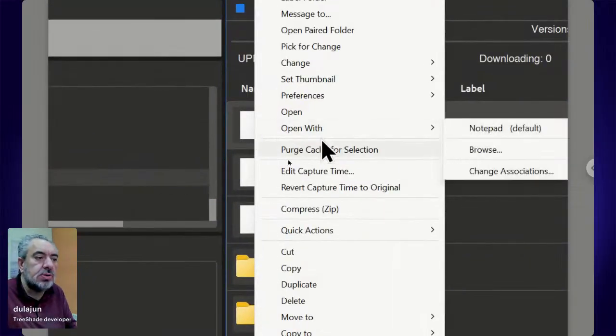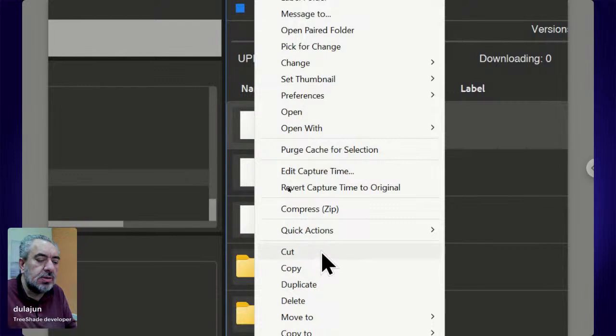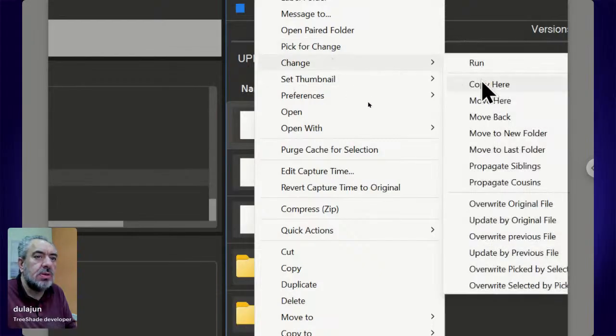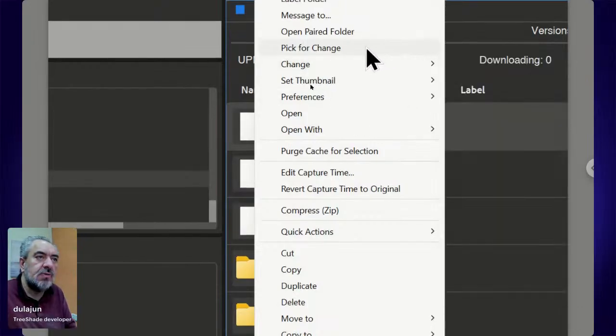Here in TreeShade we don't use copy or cut, and it's important to use pick for change, then select copy, select change, copy here or move here, because these commands are related to TreeShade, and it's important so that TreeShade traces the modification in the files. So select pick for change